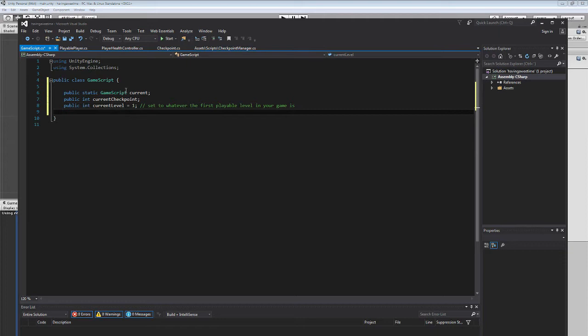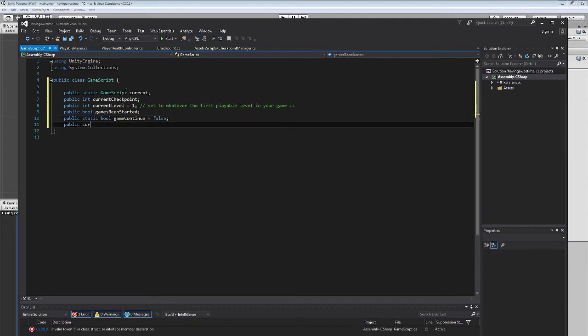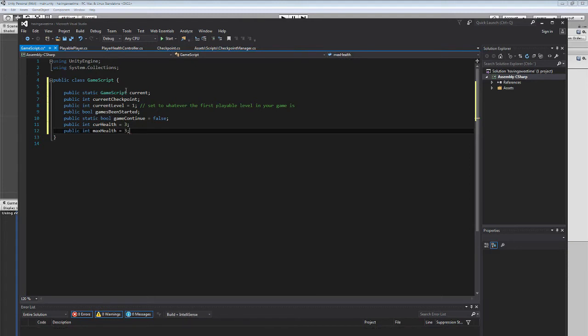And then we're gonna make a public boolean, game's been started, and a public static bool called game continue, set it to false, public integer current health set to 3, public integer max health set to 3, and public GameScript, a constructor with no parameters,